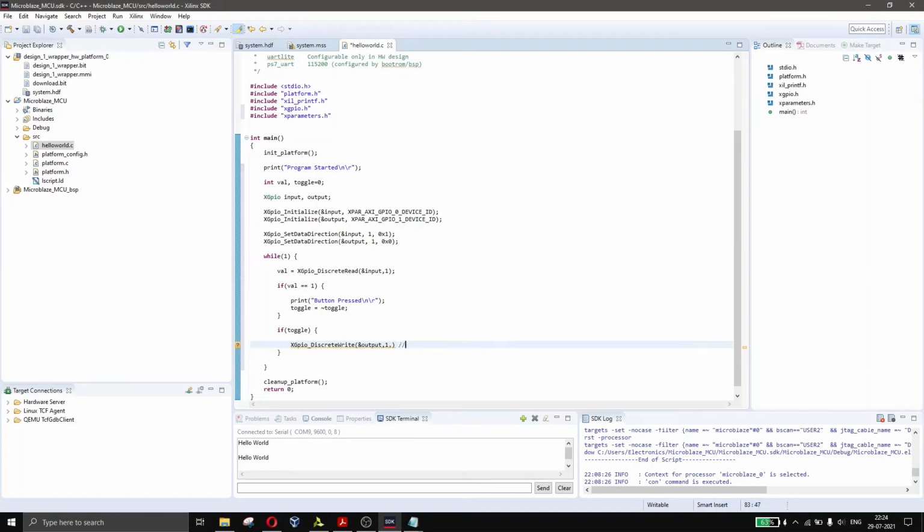For 4 LEDs, in the beginning I want 0 1 0 1, or say I want 1 0 1 0. The hex value of this would be A, right? So 1 0 1 0 will be A, so 0xA, the hex value of this, that's all.